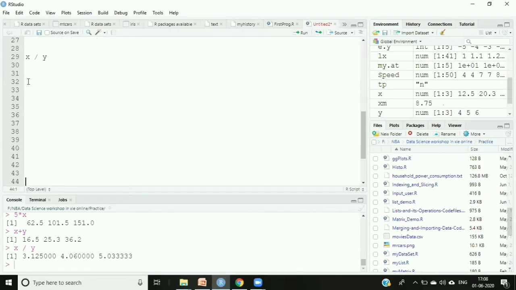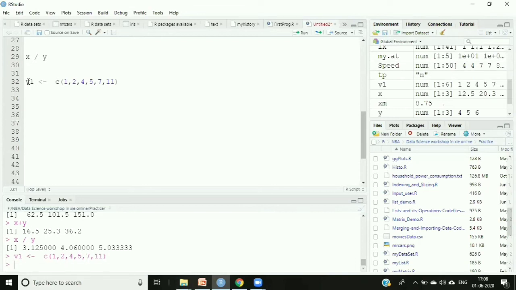For example, if I am having, let's say, vector 1, I am having c(1, 2, 4, 5, 7, 11). So v1, let me check. So it's showing the value 1 2 4 5 7 and 11.